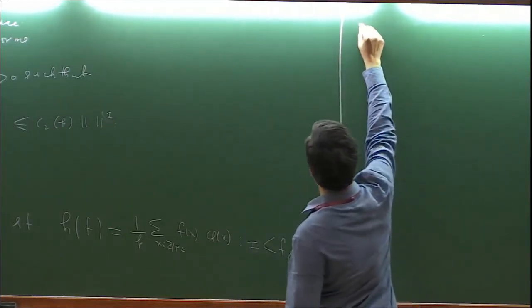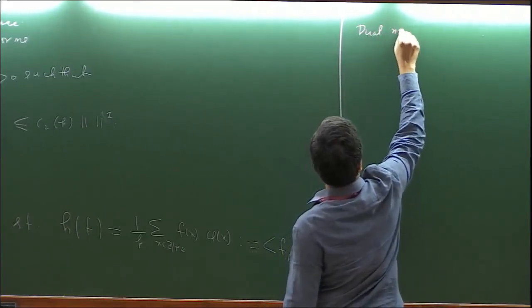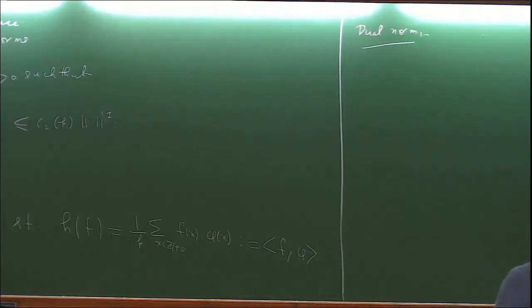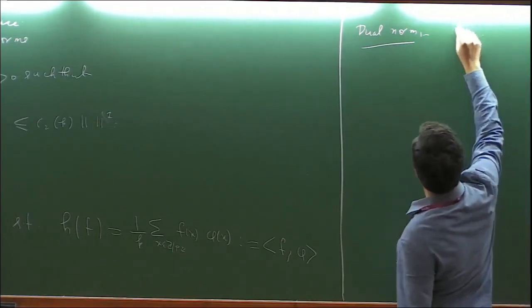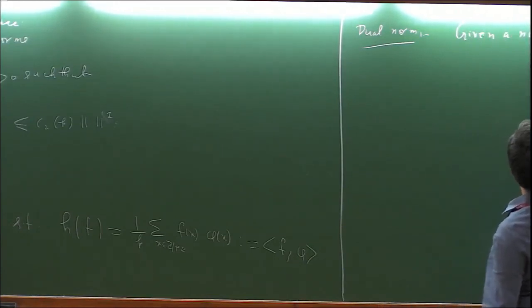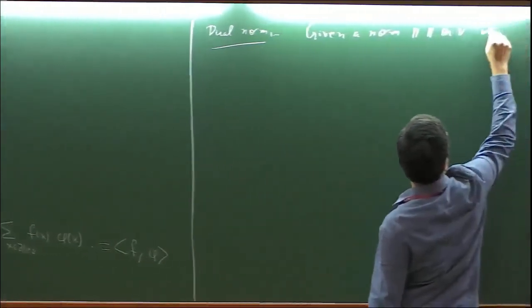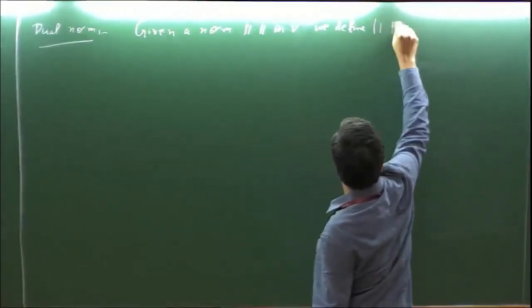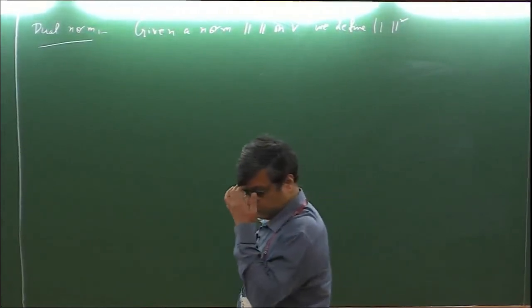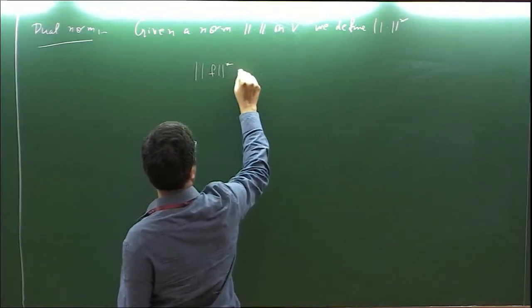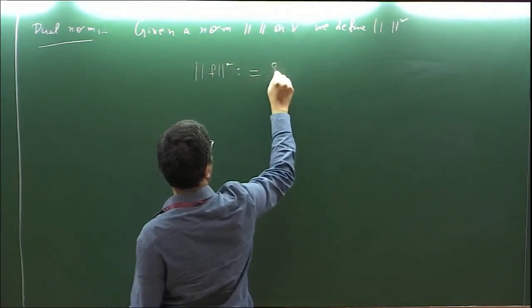So now, dual norm. Given a norm on V, we define the dual norm, which is defined as the norm of f star by definition is equal to the supremum of